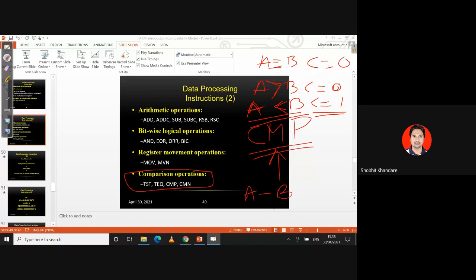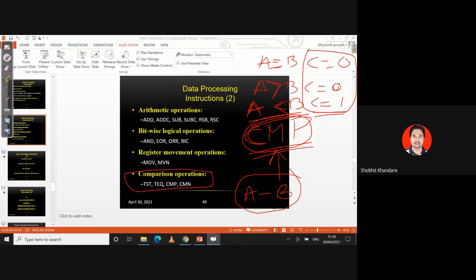So what I mean to say is that when you are using the compare instruction, I am not interested in the subtraction का result क्या आता है. I'm interested in the carry flag. You can say carry flag or borrow flag. दोनों का एक ही मतलब होता है, carry flag या फिर borrow flag. So don't you think that this CMP instruction is reflected in the carry flag? It is reflected in the carry flag.